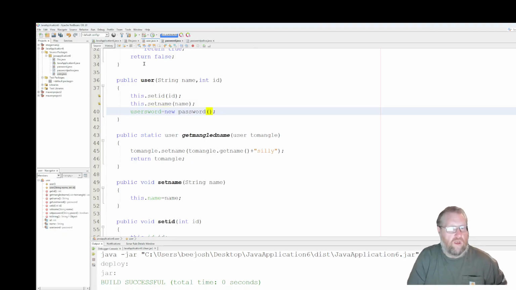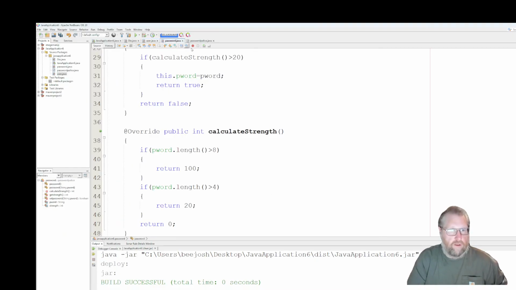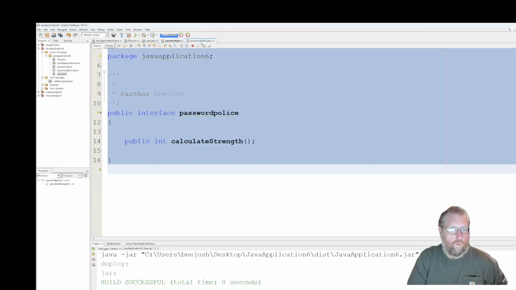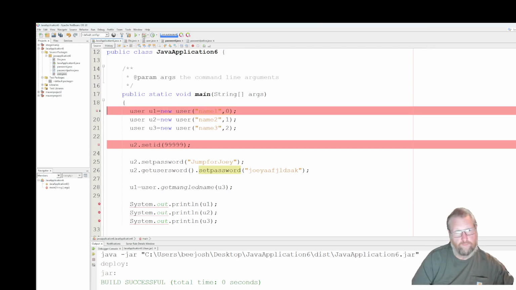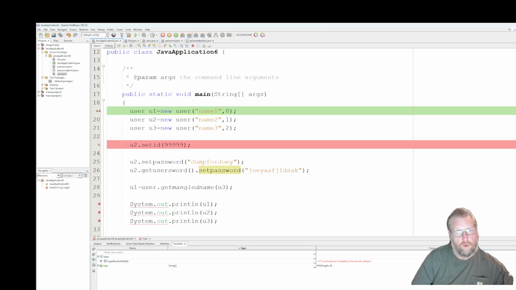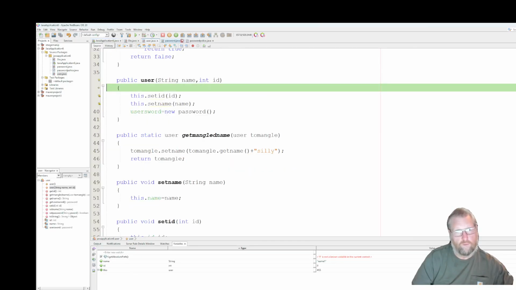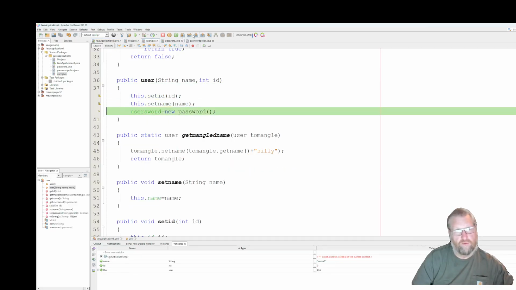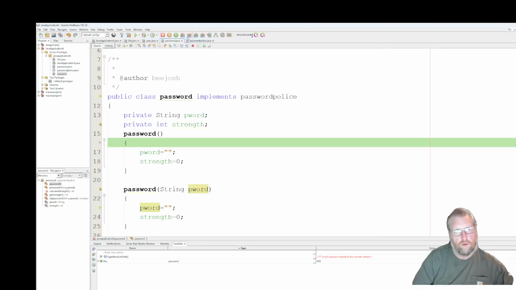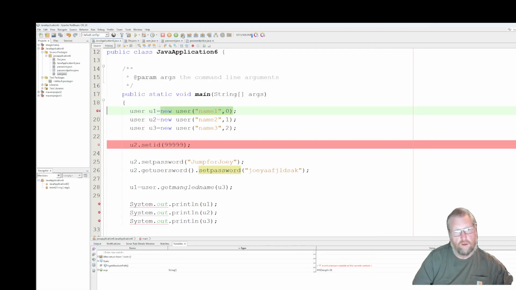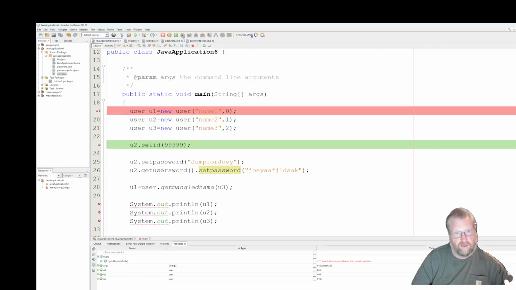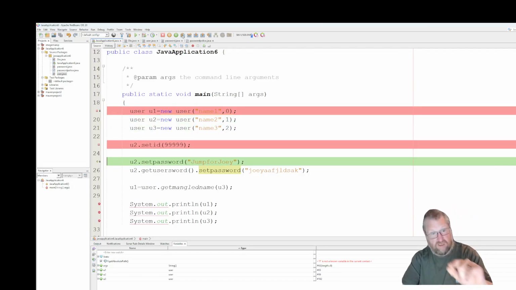Every time a new user is made, let's run it through. Okay. Step into. Set name there. New password. Step into. Boom. Just default stuff. Boom. Okay. That's good. Okay. We get all the way down to here to set ID. That's fine. But when we get to set password here,